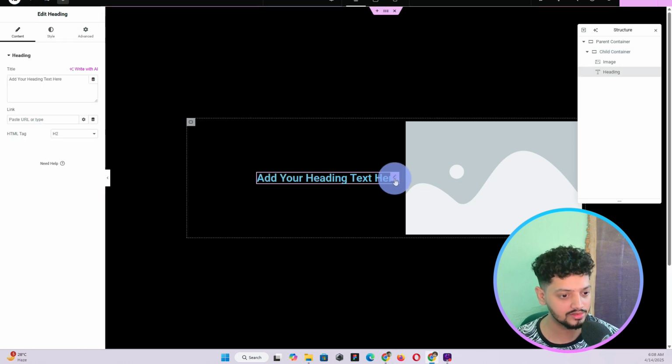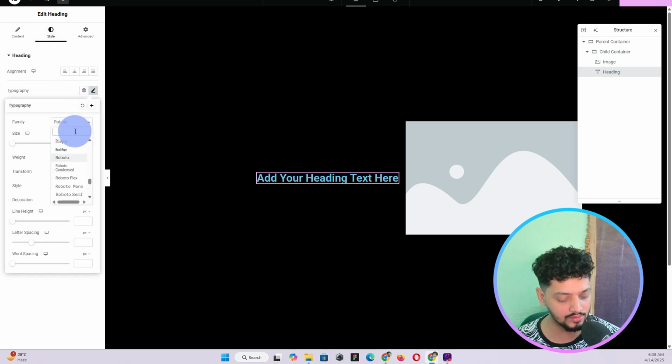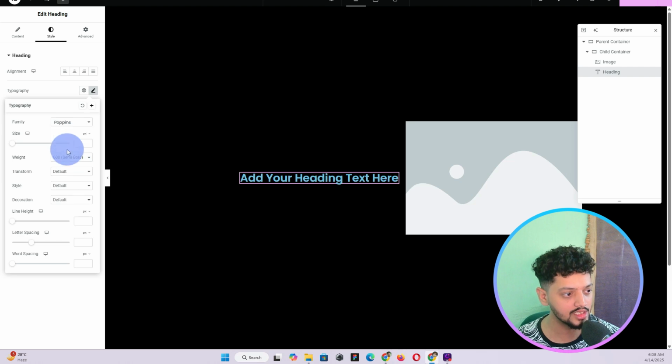Now for this heading, you can just click on this pencil icon and then just go to style, and where it says typography, in my case I want to use Poppins font. In your case it can be anything. And then I want to set the weight to 700, so it will be bold. And then I also want it to be uppercase, so I can just click on transform, and then it is